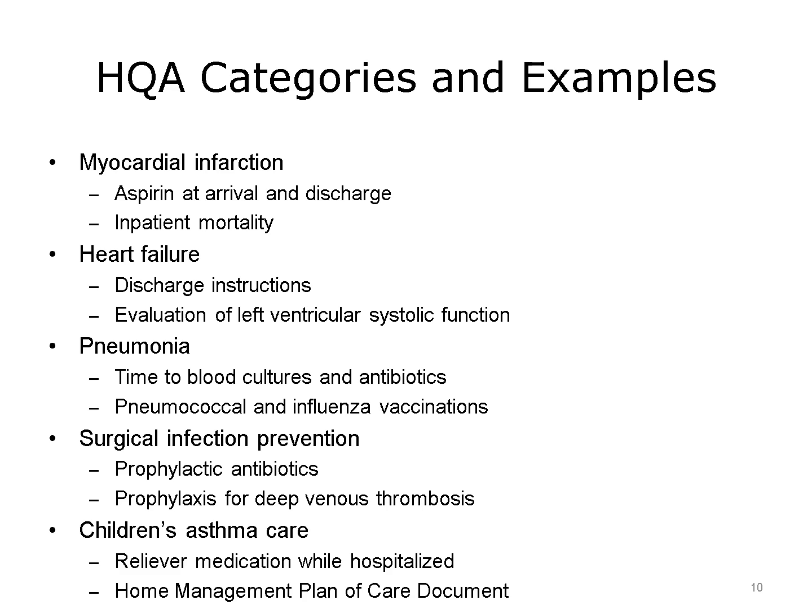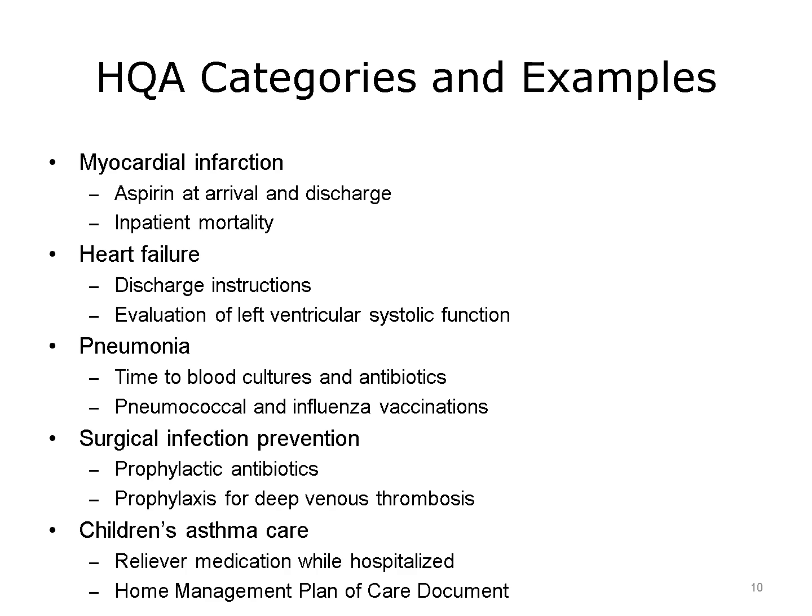For heart failure, the provision of discharge instructions and the evaluation of the patient's left ventricular systolic function are measures. For pneumonia, the measures include time to blood culture positivity and antibiotics as well as vaccinations for pneumococcus and influenza. For surgical infection prevention, the measures look at prophylactic antibiotics as well as prophylaxis for deep venous thrombosis. For childhood asthma, the measures are the need for reliever medication while hospitalized and the development of a home management